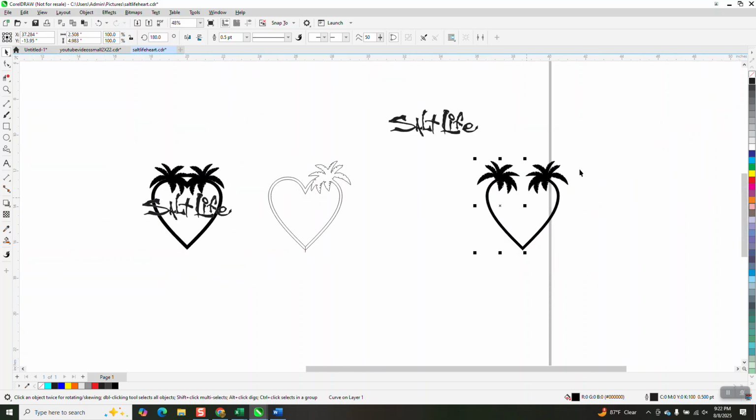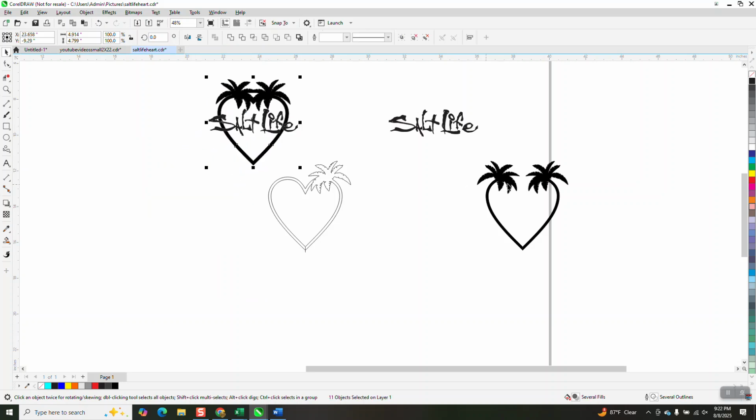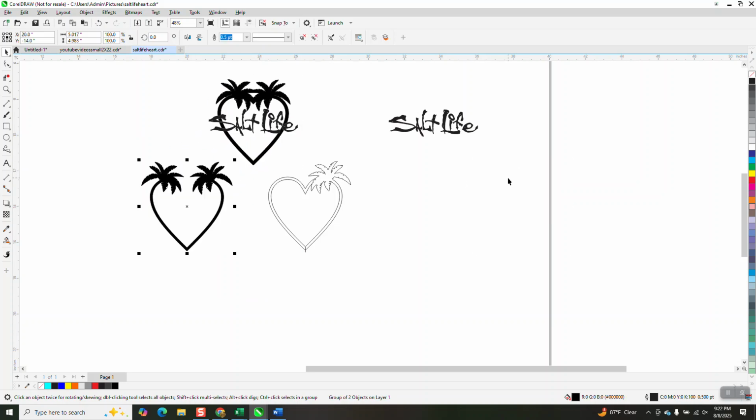Now see, this is a little different than mine. I had them close together, but I like this one equally as well. I'm going to hit Control G to group it. Let me move this one out of the way. I'm going to hit P to put it in the center of the page, and I'm going to take my